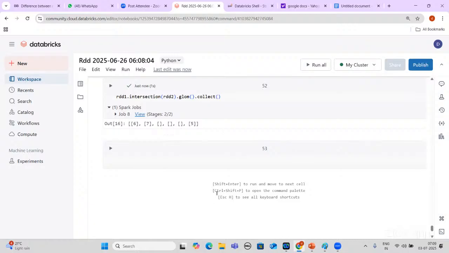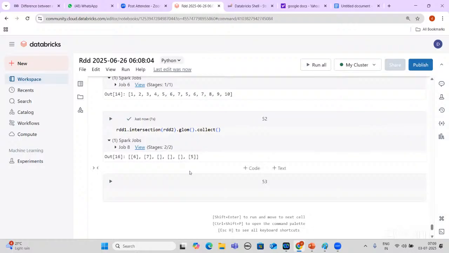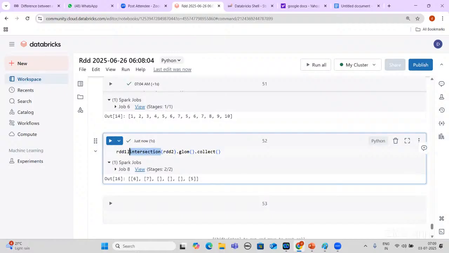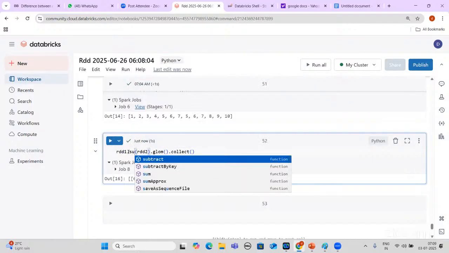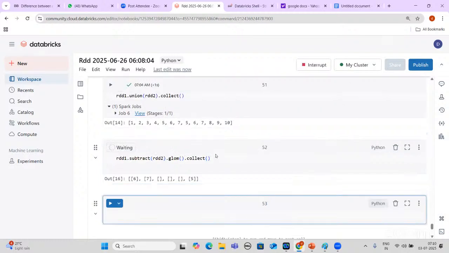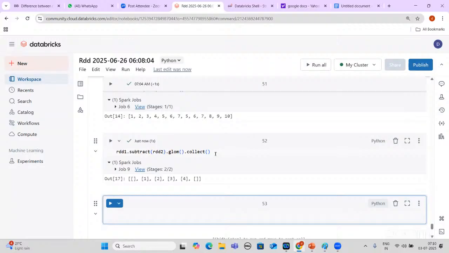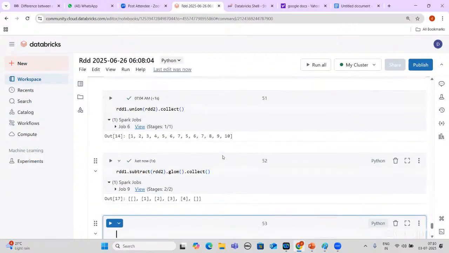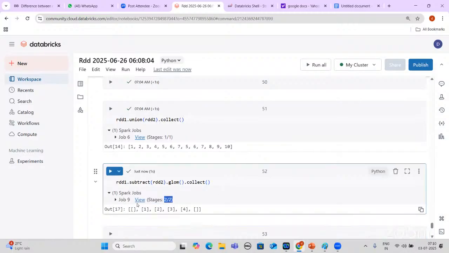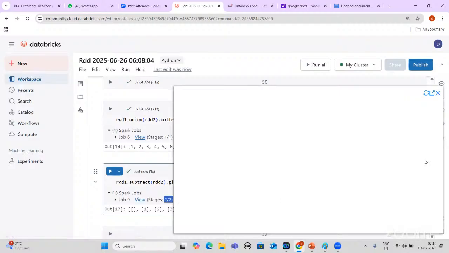Now let's try subtract and see how it gives the result. One, 2, 3, 4. You are getting that here. And let's check. This is also a wide transformation. What was it doing?